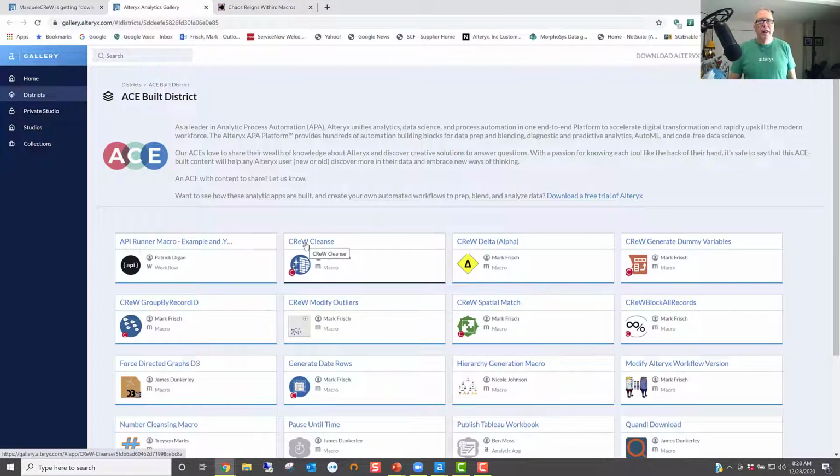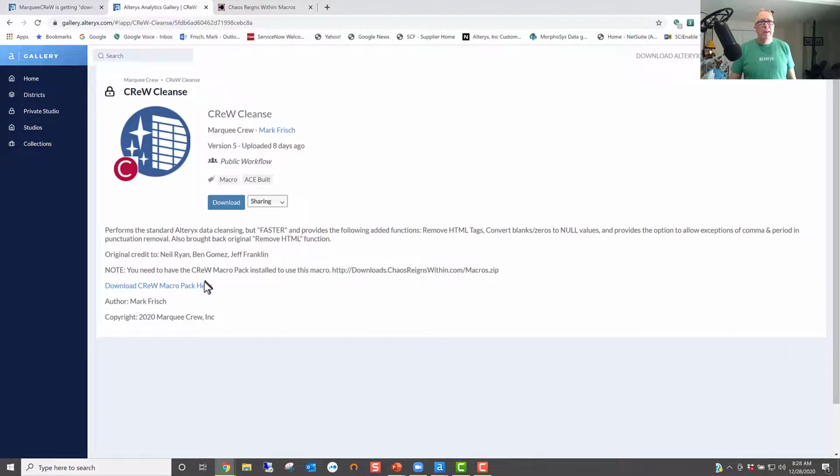You'll find Crew Cleanse, and here there's a reference to the Crew Macro Pack. This Crew Cleanse does include within it that dynamic formula macro, but I do recommend installing the Crew macros first if you haven't already, and then installing the Crew Cleanse by creating a new directory somewhere on your computer that won't get deleted, and installing the macro there by unzipping first, leaving your zip program aside, and then pressing the install